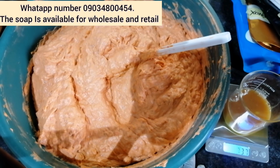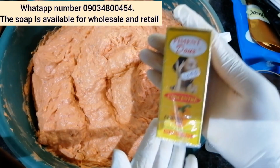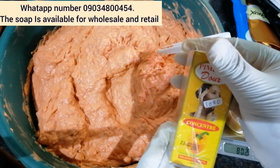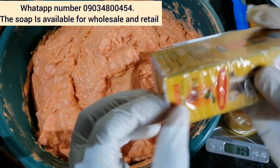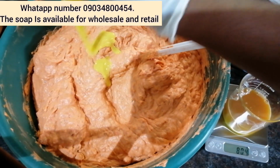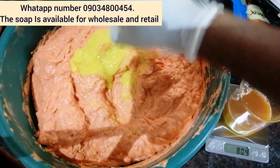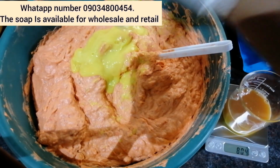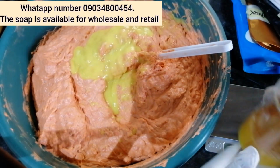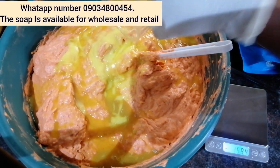So I'm going to be measuring everything with my scale. Guys, I will just be calling out the percentages I'll be making use of because I'm making a large quantity and it all depends on the quantity you want to make. And here I have my pepper dough, so I'm adding in 50 ml. Okay, so my pepper dough I have 1%, my perfect leg I have 2%,